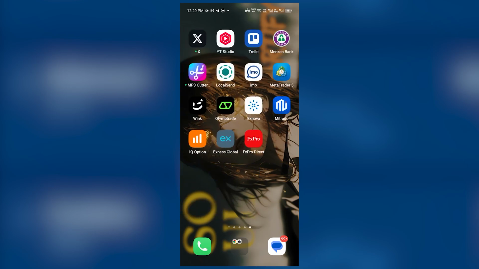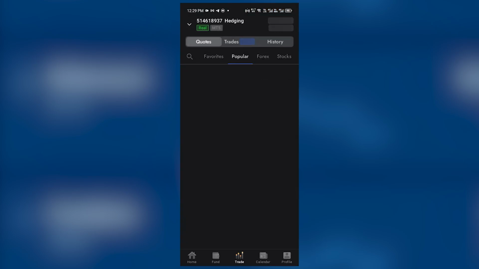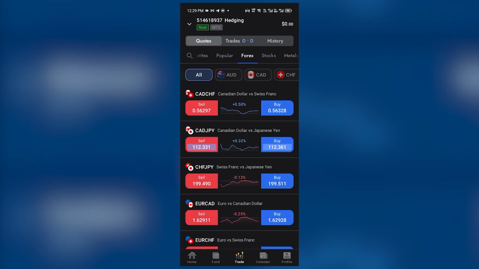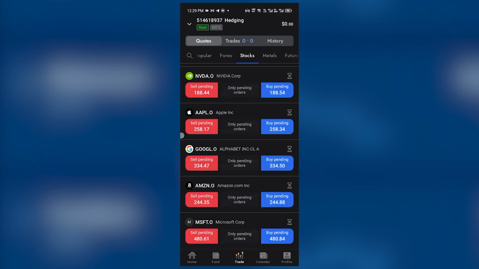In this video, you'll learn how to buy and sell on the FxPro trading app. First, log into your FxPro account, which will take you to your dashboard. At the bottom of the screen, tap on Trade to access the trading section, where you'll see your watch list